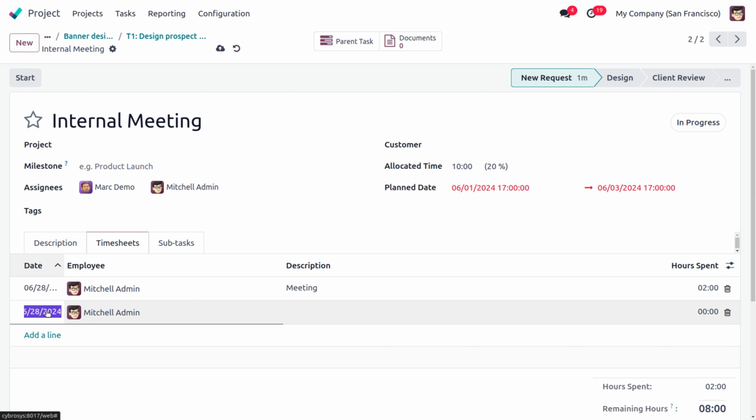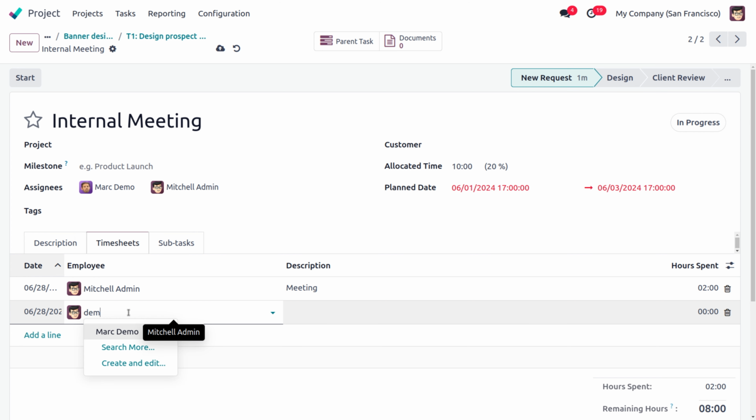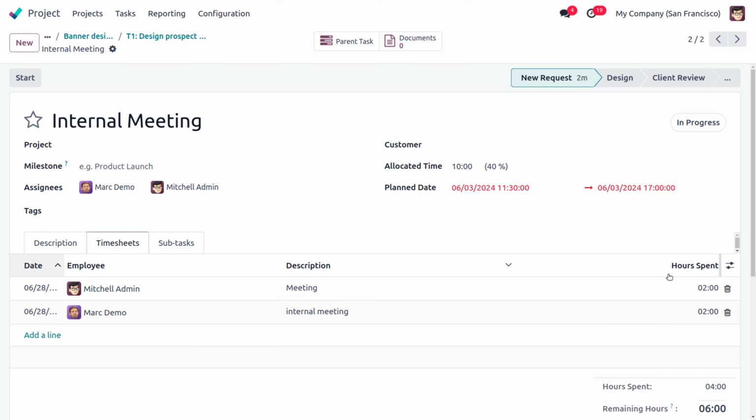Also, demo can log in to his profile and mark his internal meeting timesheet inside this. Okay, we have again spent 2 hours. So 4 hours of internal meeting has been done, and you can find that spent hours is 4 and remaining hours is